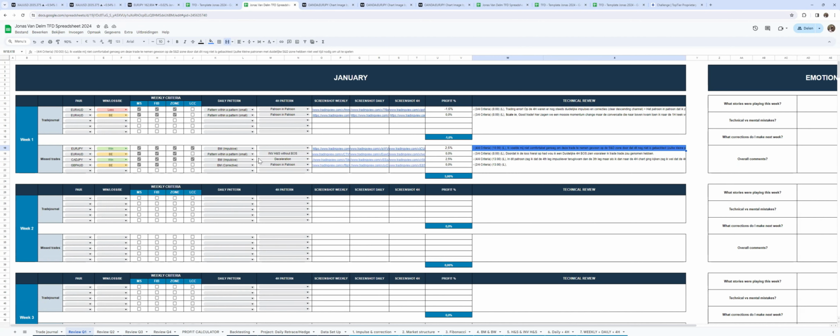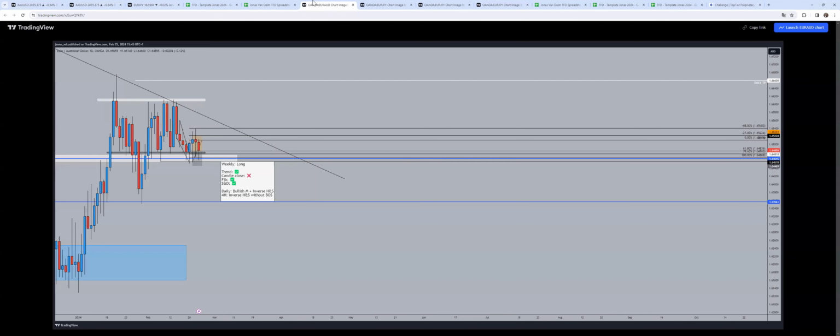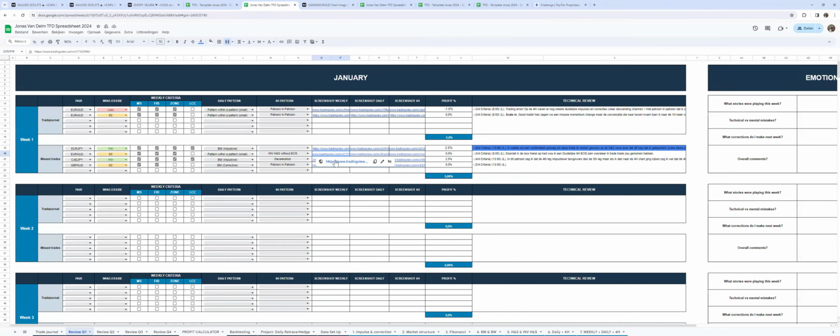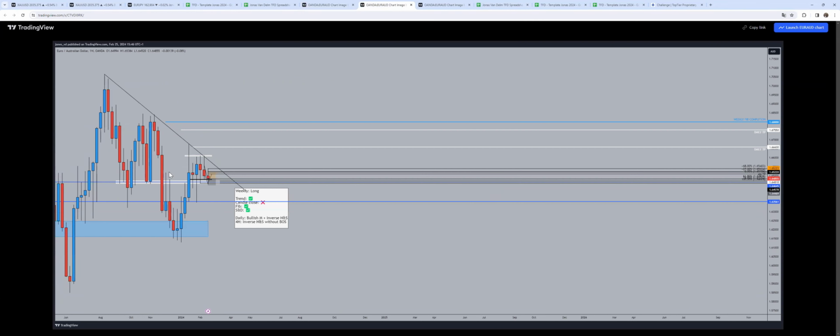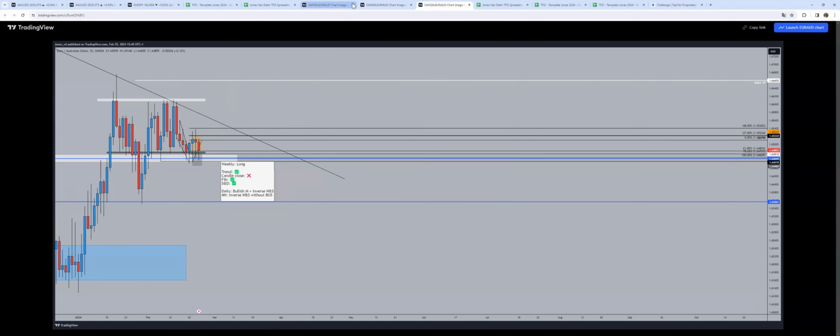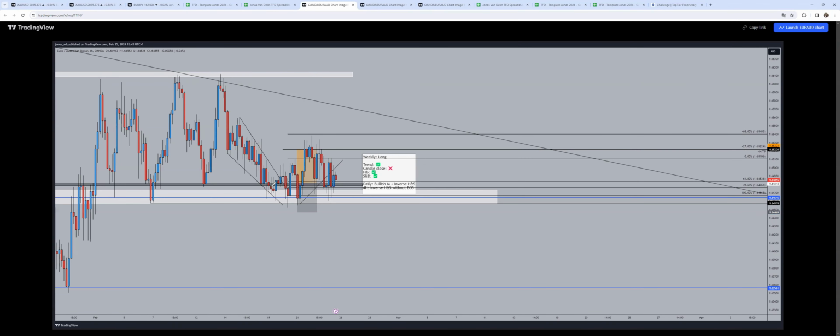So then the next one, Euro AUD. I will open a daily, the weekly, and the 4 hour, so everyone knows what this trade was. I explained it also in my trades I took. But if I look at the 4 hour right now, you can see that we could also take this shoulder one, head, shoulder two here because we shifted from liquidity. This was a clear bullish impulse and we made that close a little bit above this 4 hour lower high here. So we wanted to take this shoulder one, this is the head, shoulder two here, and the stop loss